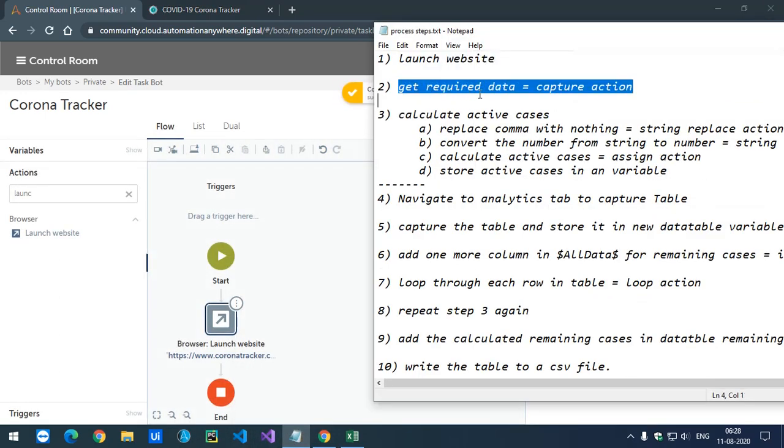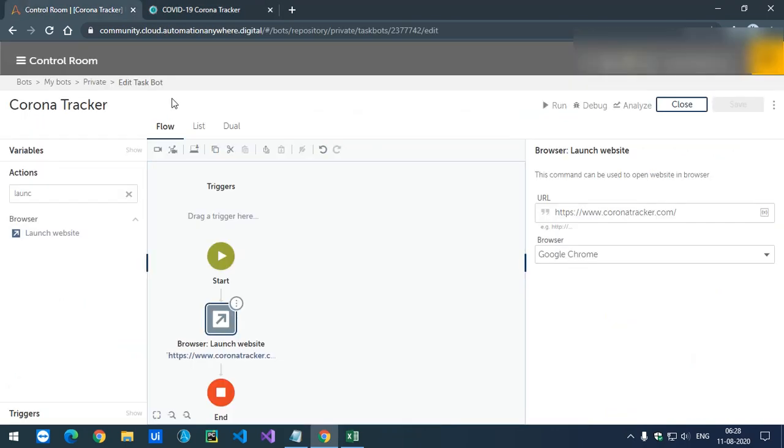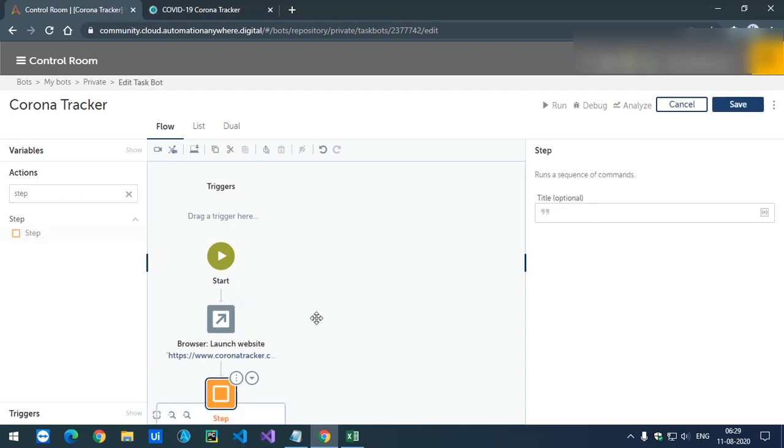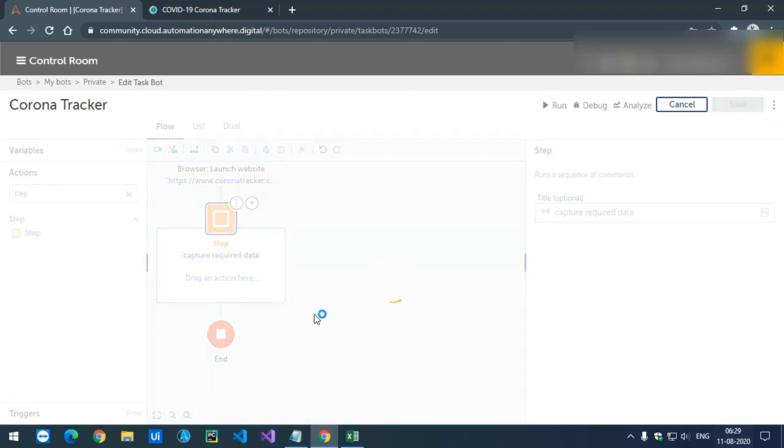The next step is to get the required data, which we are going to get with the capture action. The required data is these 3 cases, so I'm going to use the capture action here. First I'll use a step, where I'll add all those things, and I'll name it capture.